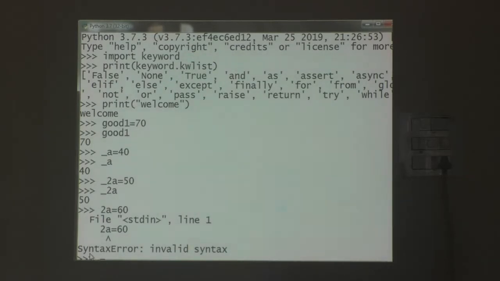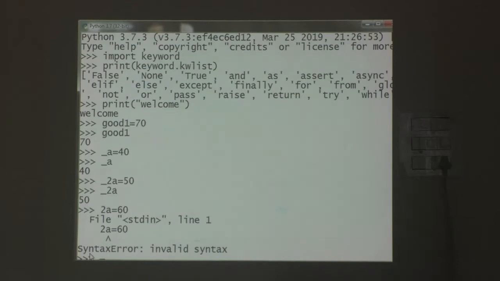What I said, the first character should be a letter or underscore, followed by letter or underscore, followed by digits. But here the first character is a digit, so this is an invalid identifier.